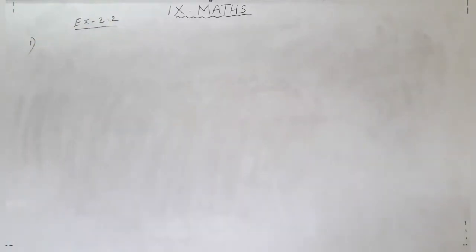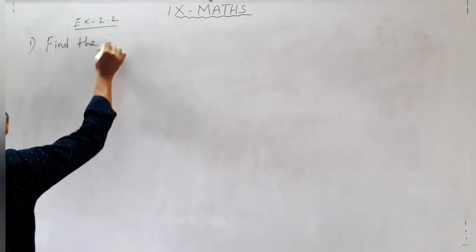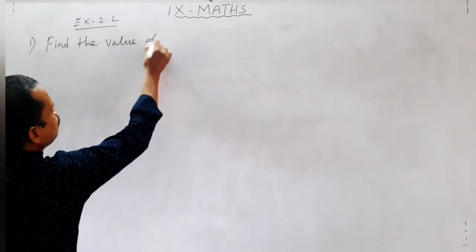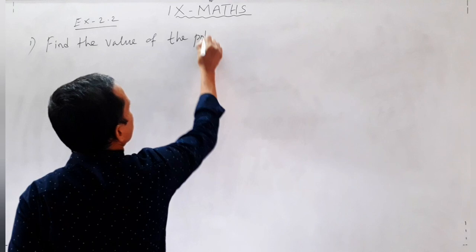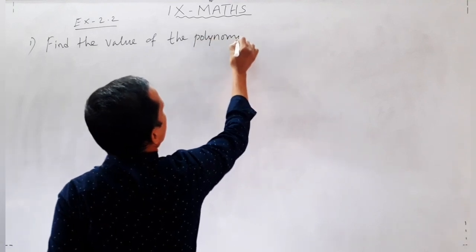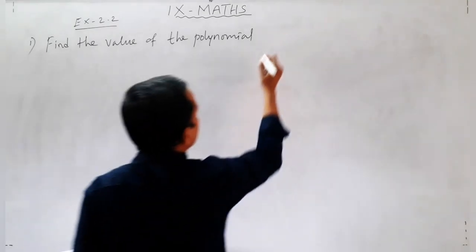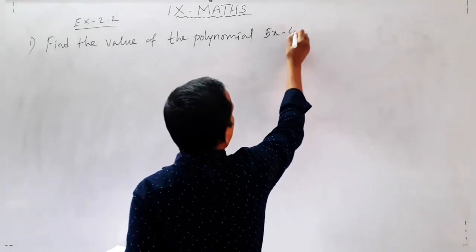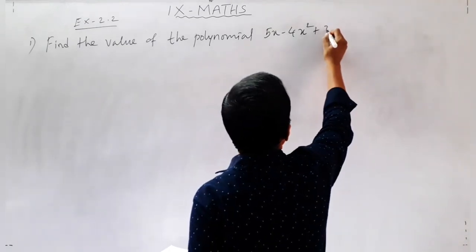First sum: find the value of the polynomial 5x minus 4x square plus 3 at